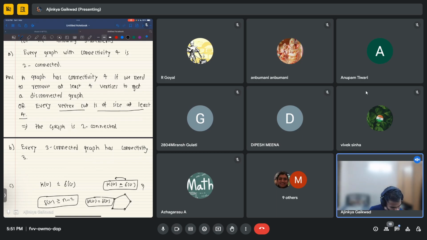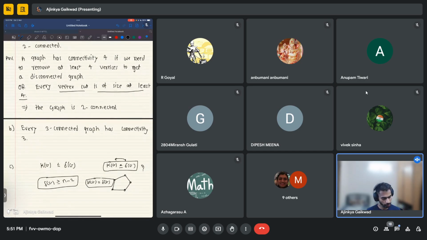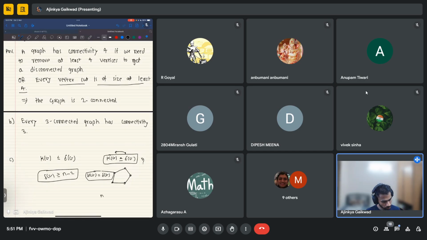Okay, let me see. Delta G is at least n minus 2. So, if you remove n minus 2 vertices, no, this is still not true. So let me give you an example. Let's take n equal to 4, I think. So let me see. If you take this, yes. Oh wait, no. Delta G is at least n minus 2. The connectivity will be equal to,